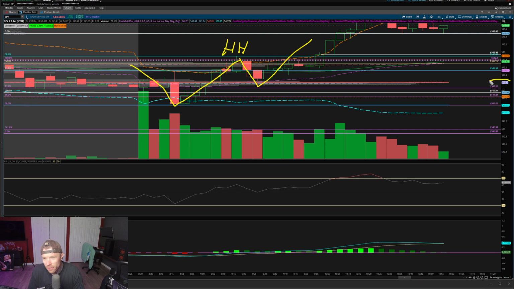Well, if we look where that higher low is, lo and behold, it's at 542.20. So that's our over-under for the day, right? We had a pretty good opportunity there to see this higher low hold up, and that's what we called, as well as when we pushed into those highs. Nice little dip back down. So that scalp